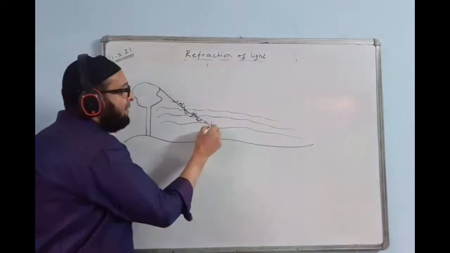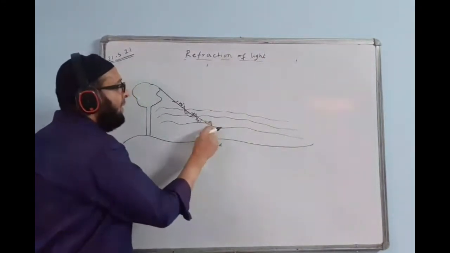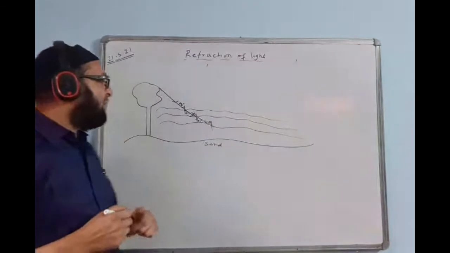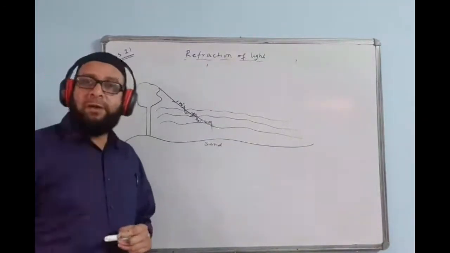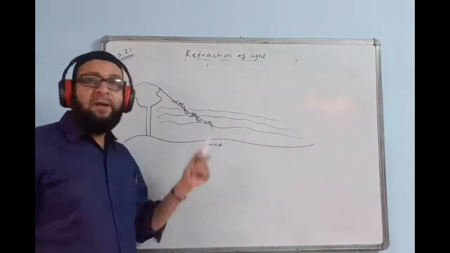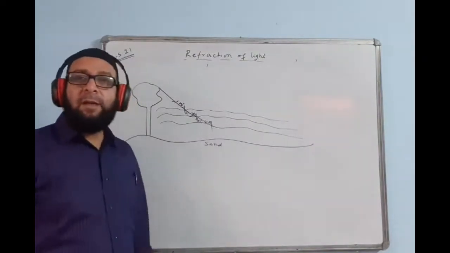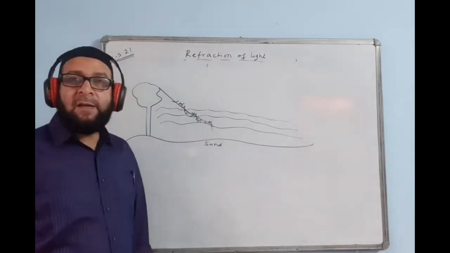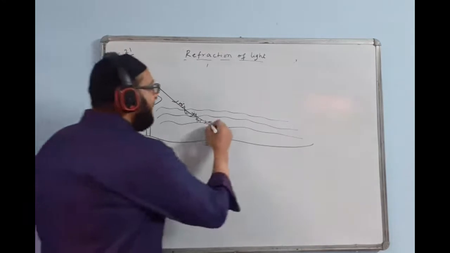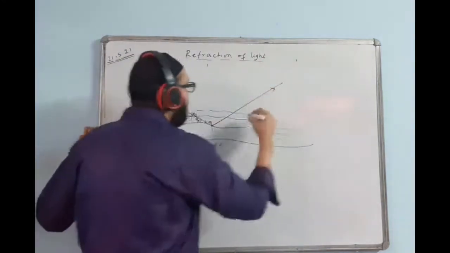Now here again the angle of incidence will further increase. It may become 50 degrees here. But suppose the critical angle value for this pair of air layers is 42 degrees. Do you think that it will further go away? No, rather TIR will take place. Total internal reflection, this part will behave like a plane mirror. This part will be reflecting the ray directly.